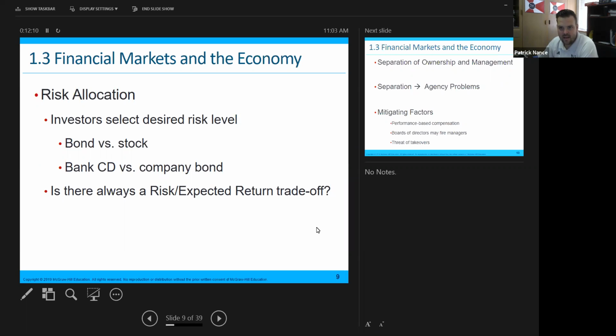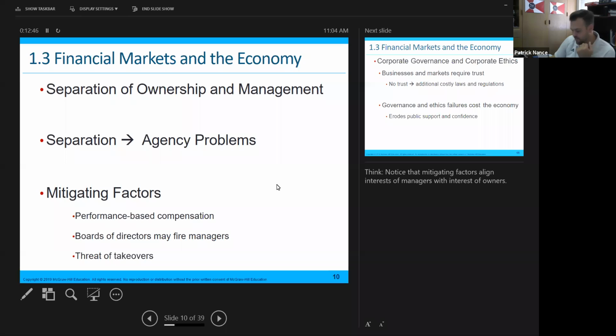So putting money in a savings account, which should have very low risk because you have FDIC insurance unless you're over a certain dollar amount, would return the least amount because there's very little risk to it. Whereas investing in a low quality bond, someone that doesn't have a very good credit score, would be high risk and should return a greater return on your investment. So the higher the risk, the higher the expected return; the lower the risk, the lower the expected return. If you're expecting a low return and it's high risk, you probably shouldn't be in that investment.